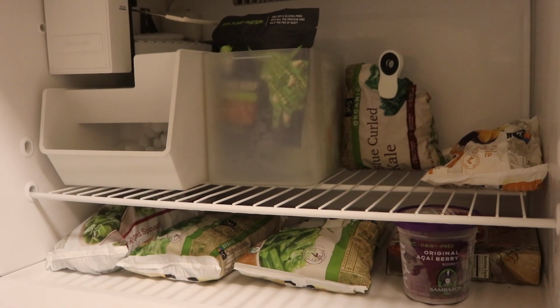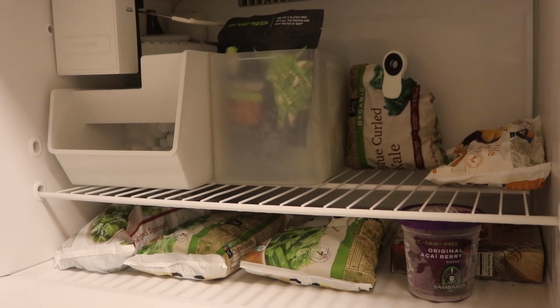Today we're going to be talking about my favorite containers of all time. Throughout my favorites videos, you guys have asked me to tell you what my favorite containers are, but I wanted to get into one whole video just so I could get it all together. So all of this will be linked in the down bar, and we're going to start off with the glass